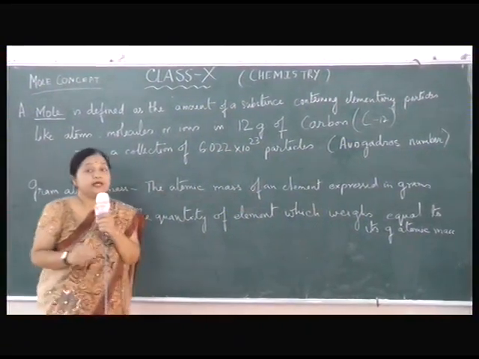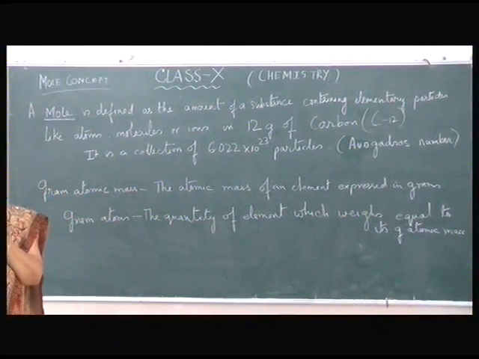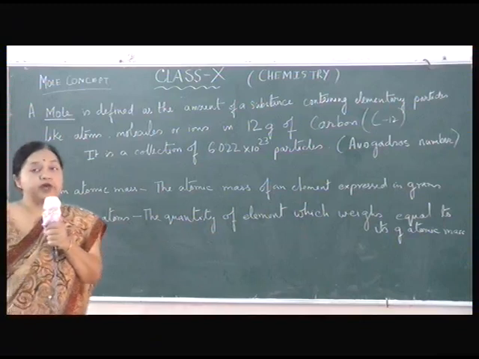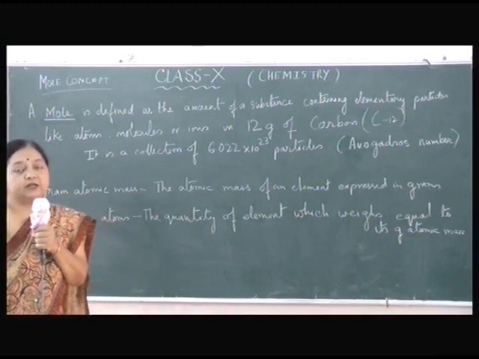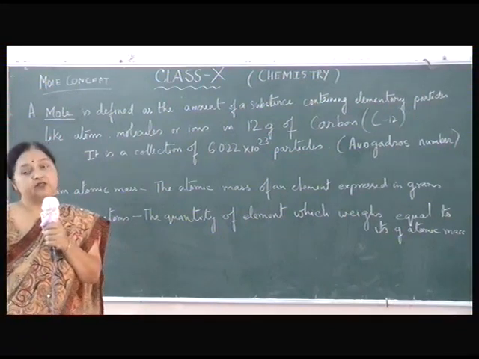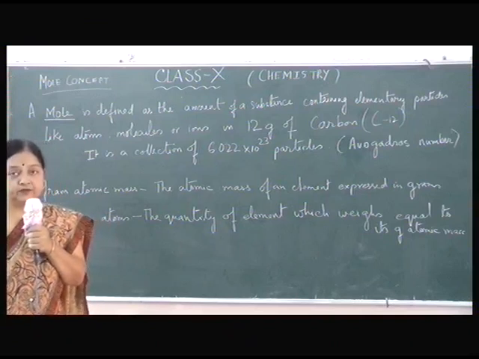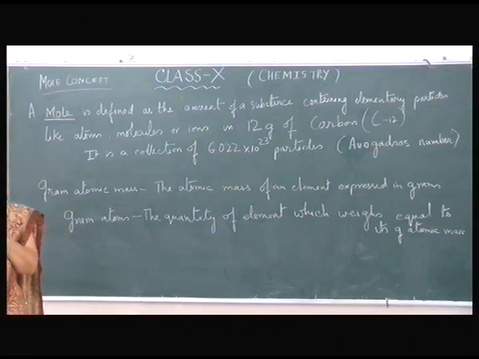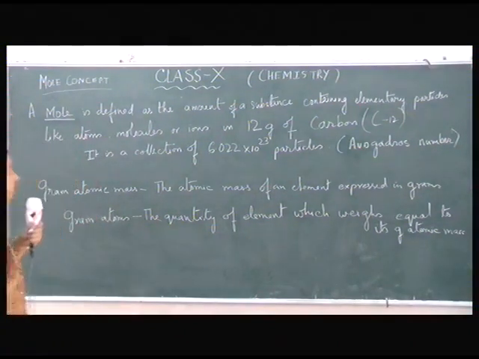Now what do we mean by elementary particles? It's just a unit, a collection of particles. Like, say, a dozen. How many counts does a dozen have? 12. A dozen pencils, 12 pencils. One dozen bananas means 12 bananas. The numerical value is 12. Similarly, a score means 20. A score of x means 20x. Or a gross means 144. So it is a number.